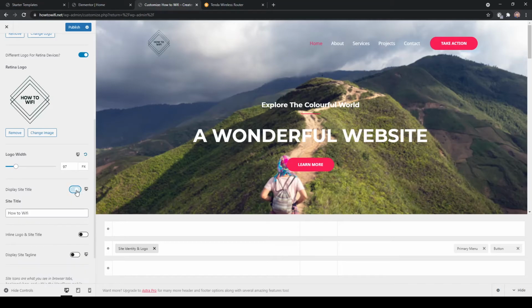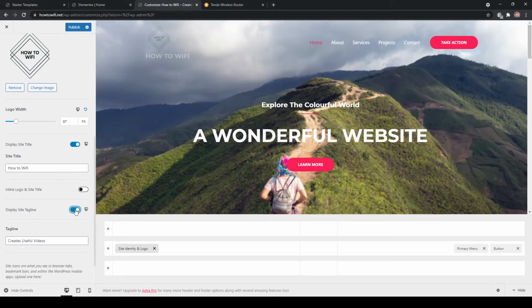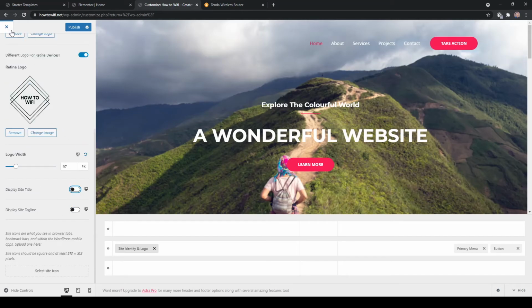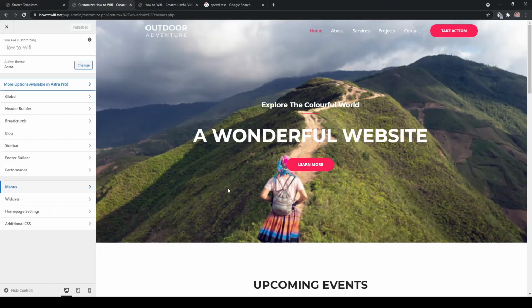If you click here, it will show right here. Okay, how to Wi-Fi, and let's add a tagline as well, but I'm going to disable this. I don't want to show the tagline and the name of the website. Okay, after making the changes you can go back, and if you want to change the menus right here, you